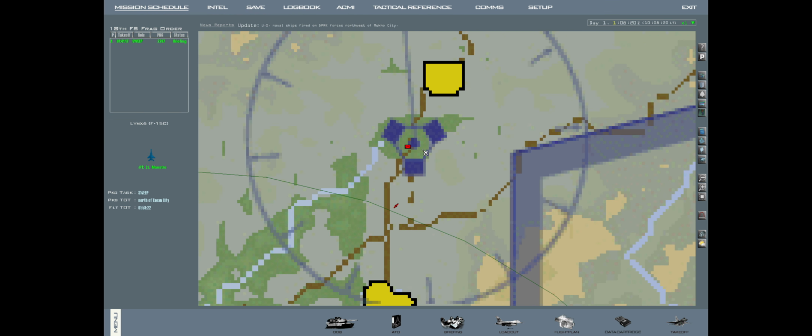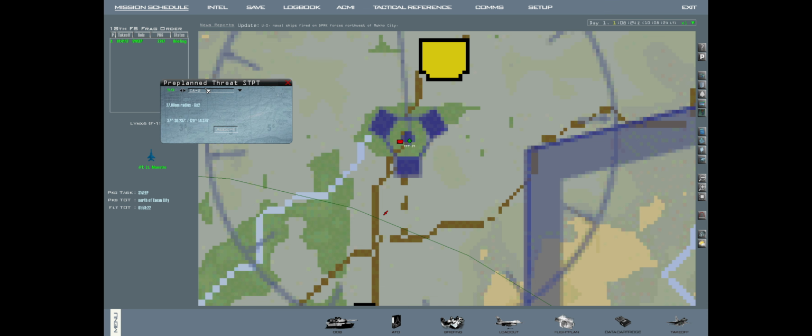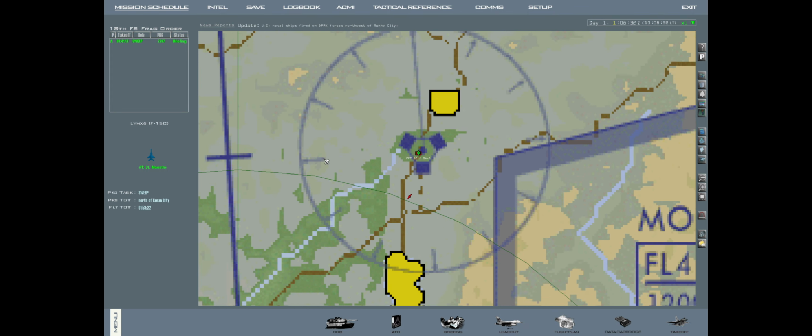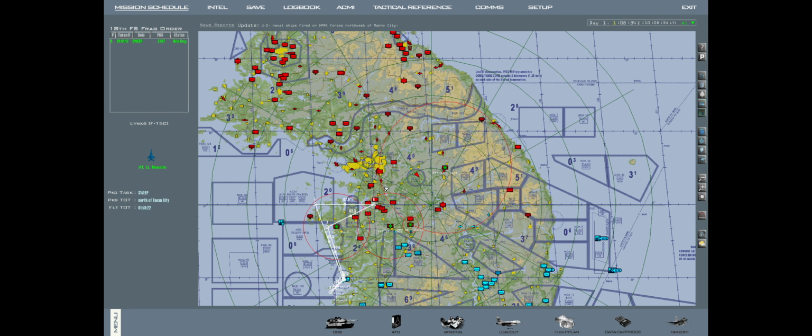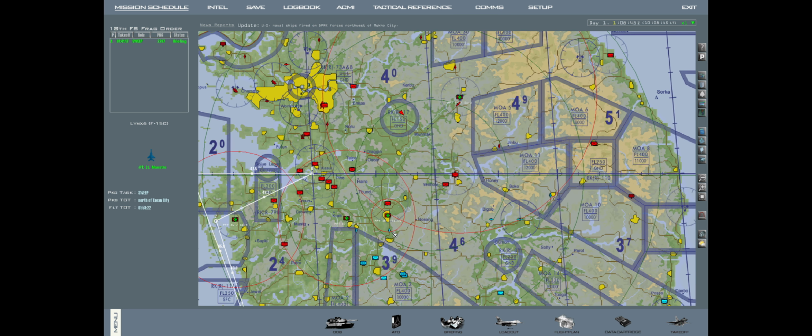So, just to show you, I'm going to hit pre-plan, status, set this to SA-5. Again, it's not automatic. You have to do it yourself. Drag it on top. And you don't have to hit accept again, you just X. And there you can see this threat radius is much larger than the SA-2s. So this SAM covers a lot more area than the SA-2s, and the SA-2s cover a lot more area than